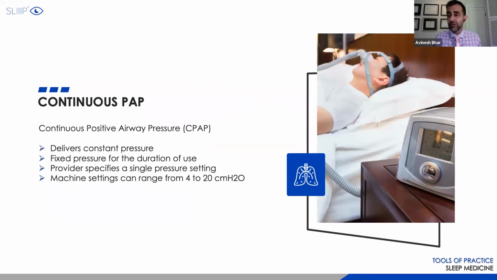CPAP is what we use, or previously used, and was much more prevalent, which is where we apply a single pressure, meaning that when they come to the sleep lab, once they have a diagnosis, we titrate them, increasing the pressure until we get rid of all the obstructive events. Generally, the most severe part of sleep apnea occurs in REM sleep and when you're supine. So previously we'd set a CPAP of 13, a CPAP of 11.